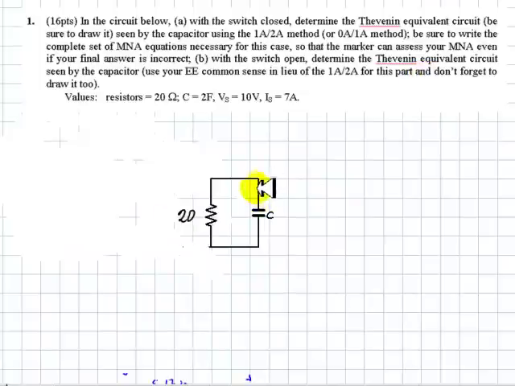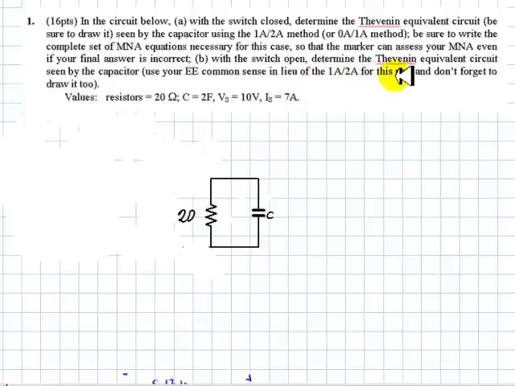So this is the situation. With that switch open, the rest of the circuit has disappeared from the vision of the capacitor. The capacitor sees only that 20 ohm resistor. The question is, for part B, with the switch open, yes, we did open it, determine the Thevenin equivalent circuit seen by the capacitor. Use your method of choice, in lieu of a 1 amp method, for this part,